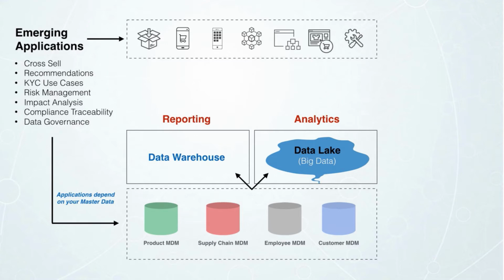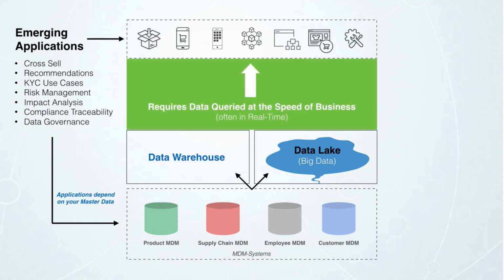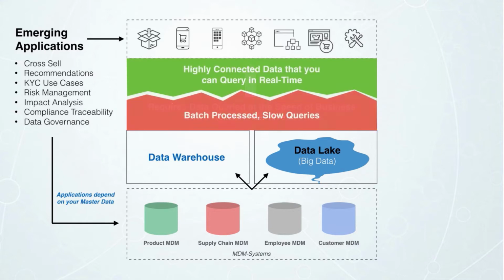The process continues to change. There's continuous change in these regulations, and more regulations are coming on board for financial services, for privacy, for healthcare, and so forth. So how do we deal with that? All of these applications need real-time data, need connected data across silos, but what you have is batch process data and slow queries. So this is what I call the innovation gap, and this is where Neo4j plays,